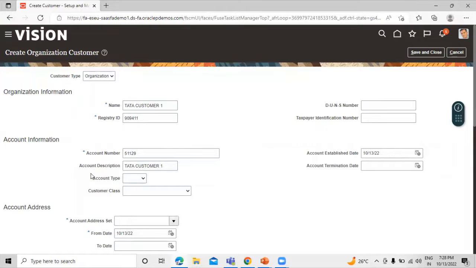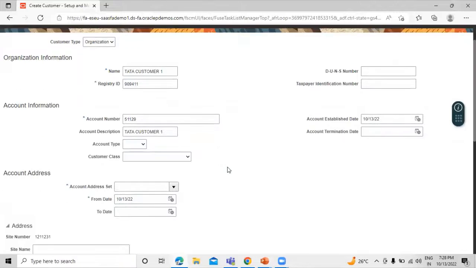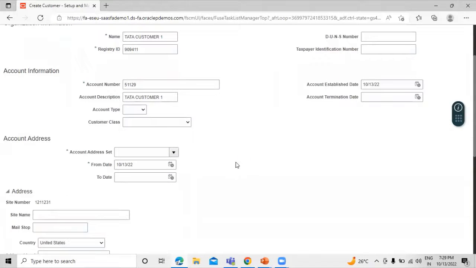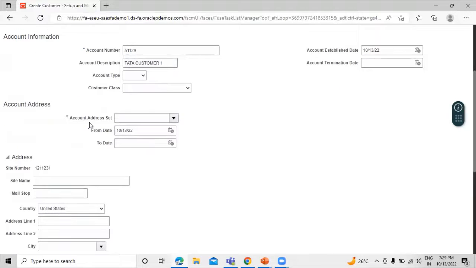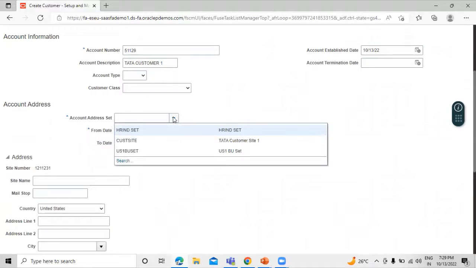Because this field is not mandatory, but if you are not giving any information, any description over here, you cannot convert the sales order into the invoice. So we have to define the account description, right? Now we have the address account. We have to select our RDS into it. Click on that,